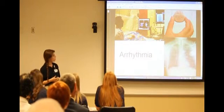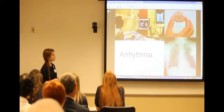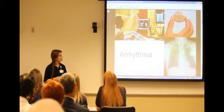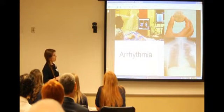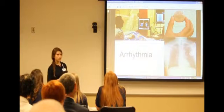Then next I went into arrhythmia, and that's Dr. Ackerman up in the left-hand corner performing a PVI, which is a pulmonary vein isolation, which is a procedure done to treat atrial fibrillation. The right corner shows a picture of a pacemaker, and then the bottom right just shows what it looks like in